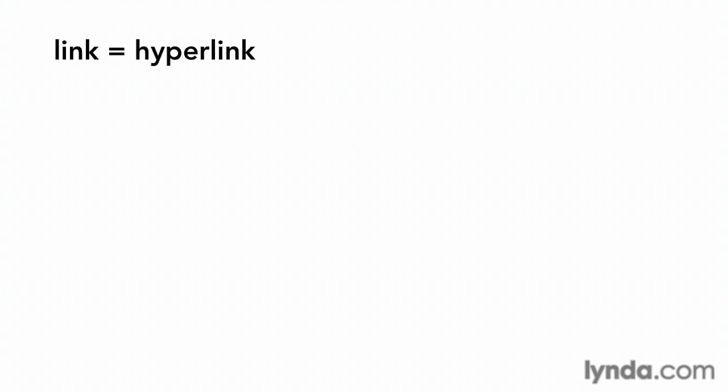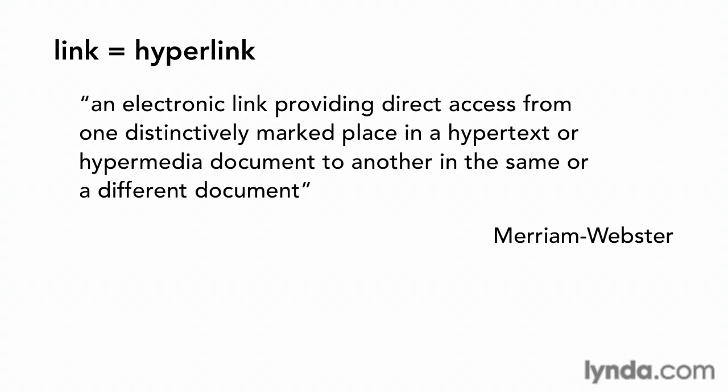Let's look at what a link actually is. The word link is really short for the term hyperlink. A hyperlink is a connection in a hypertext system between two documents or two areas within a document. Selecting a link loads the other document or moves the document you are viewing down to the area the link connects to. Of course, these days, selecting a link means pointing to it with the mouse pointer and clicking,